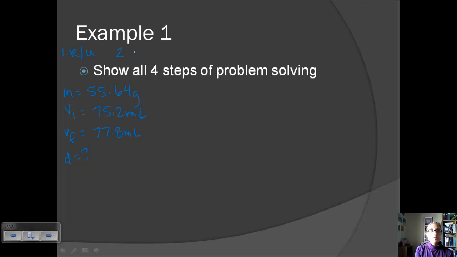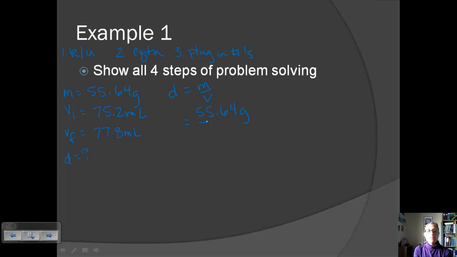Okay, step 2 is to write the equation. So our equation is D equals M over V. It's already rearranged to solve for what we're looking for, so we don't need to do any rearranging. And so then we can go on to step 3, which is to plug in your numbers. And so density equals mass, which is